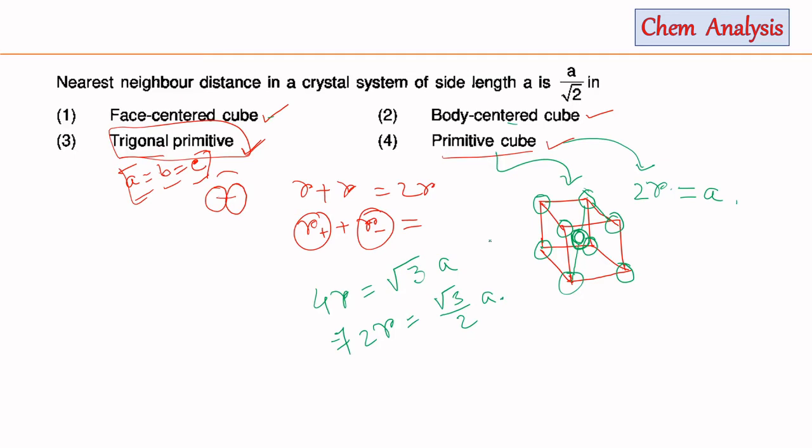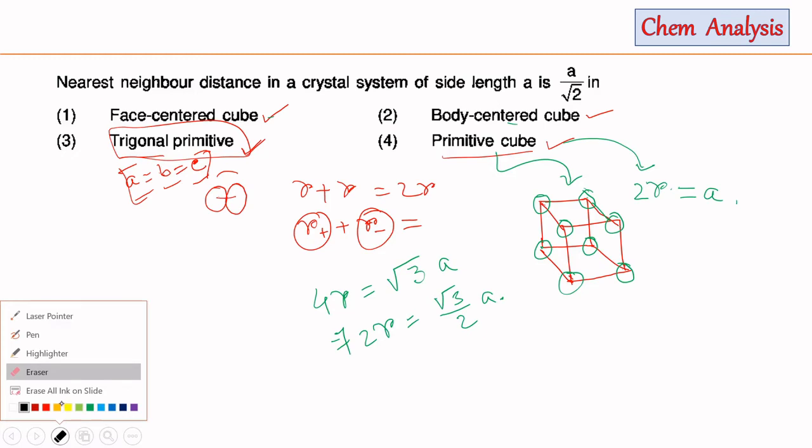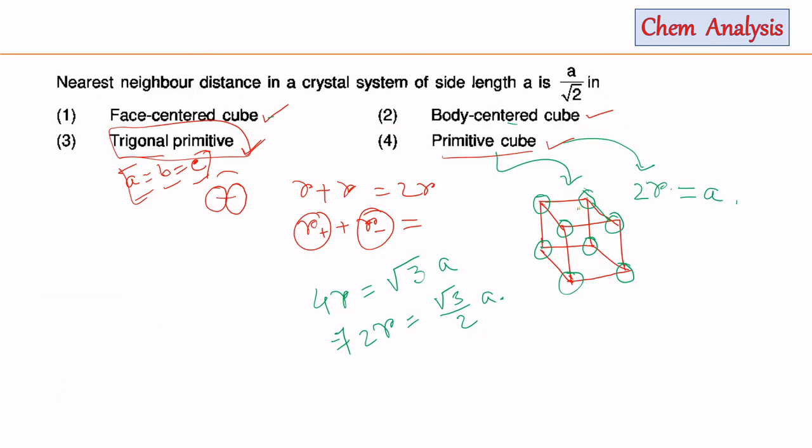And for the face centered cube, there will be 6 atoms at the 6 faces of the cube, and they will touch the corner atoms. That is, since there are 6 faces, there will be 6 atoms, and all the atoms will touch the corner atom. And in such a case, if we just imagine one atom and erase the remaining face centered atoms,